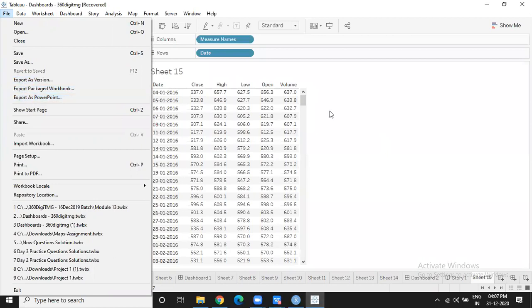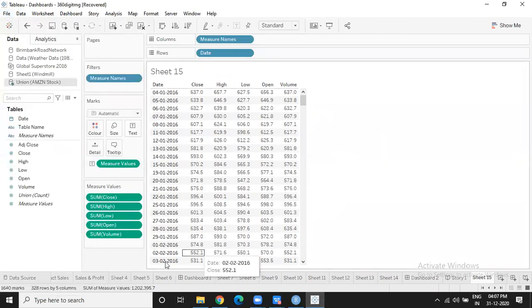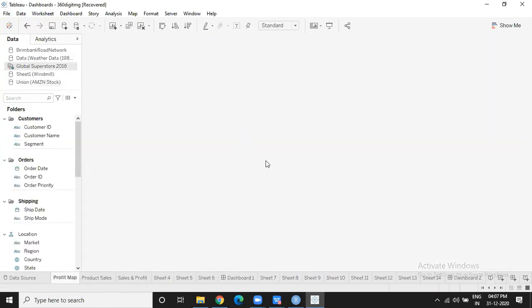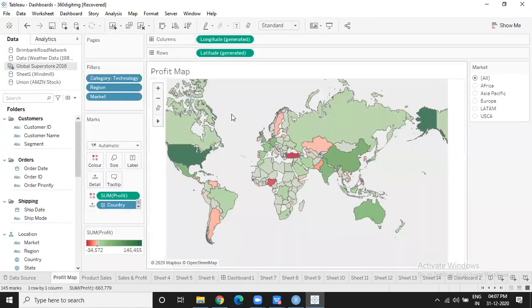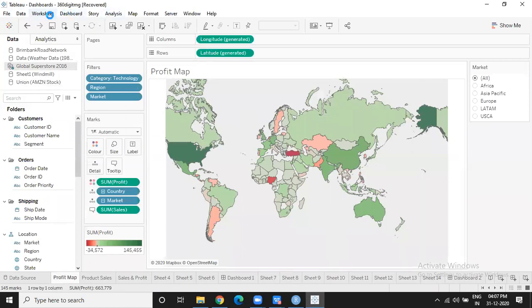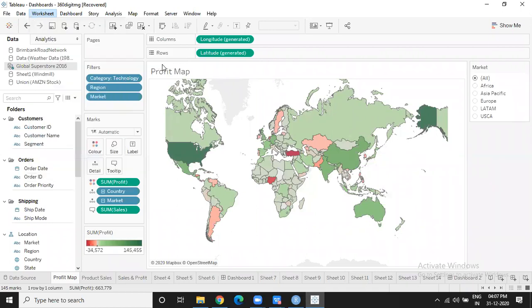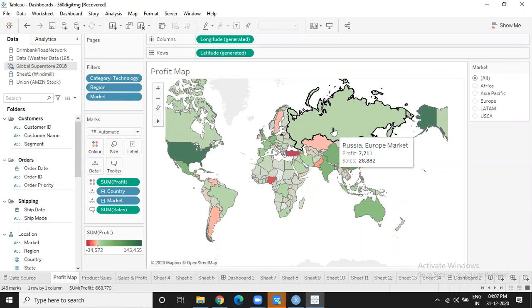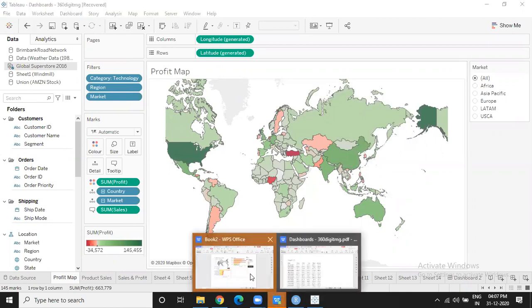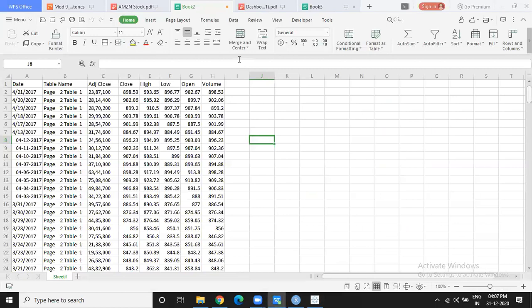Whenever we say we want to export to an Excel, it will only send the data on the graph. Like for example, let us say this is a map. It's actually a geographical map. But when I say export to an Excel, it is going to only send the data that is being represented by this graph. This graph is actually talking about different countries and the profit coming from that country. So only the data will be exported. Graph will not be exported. That is the thing.